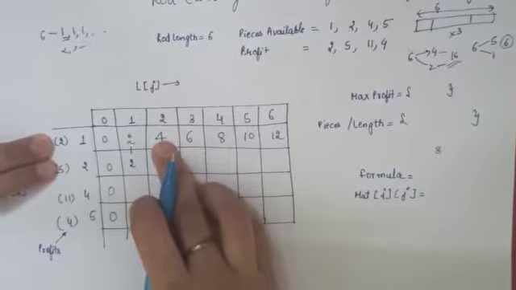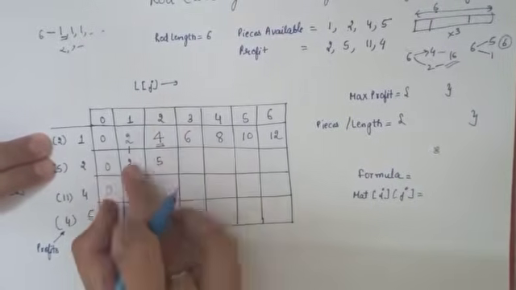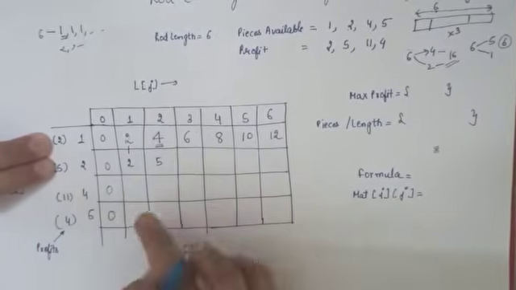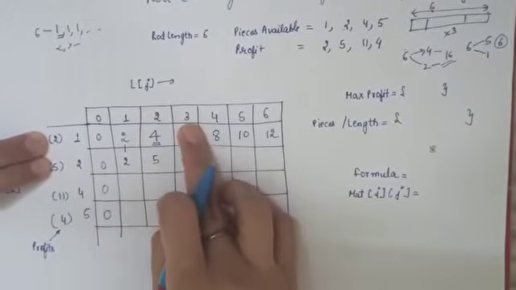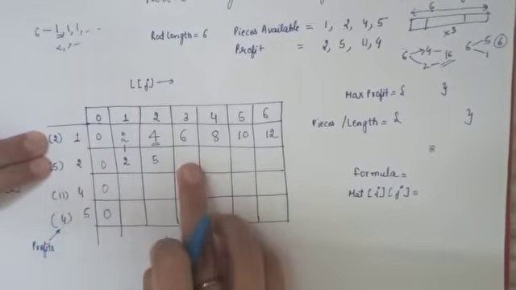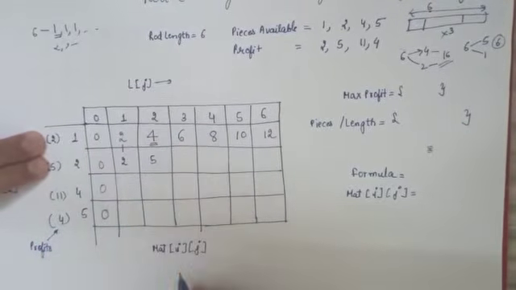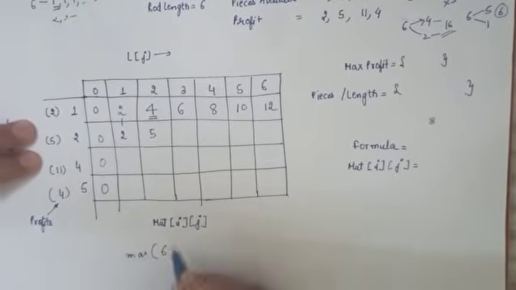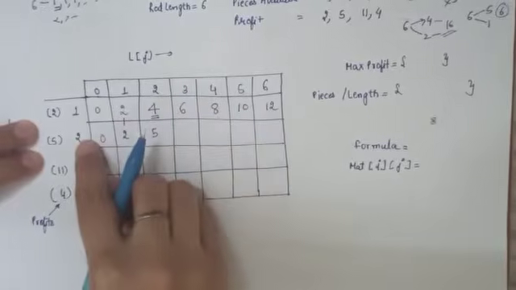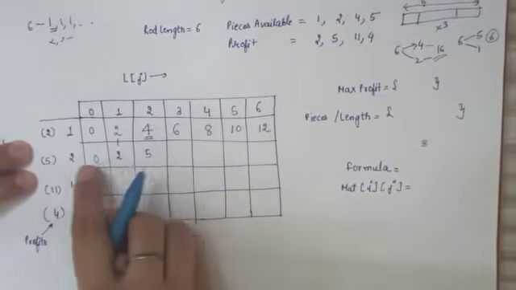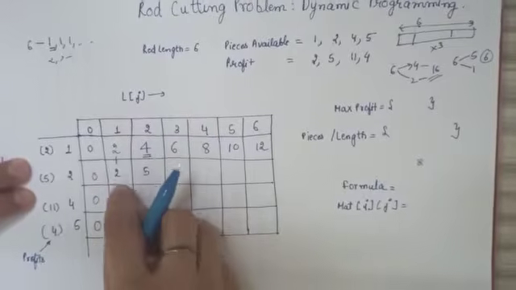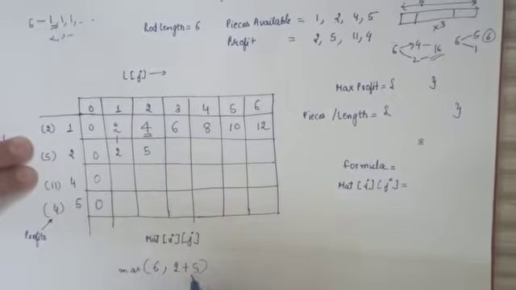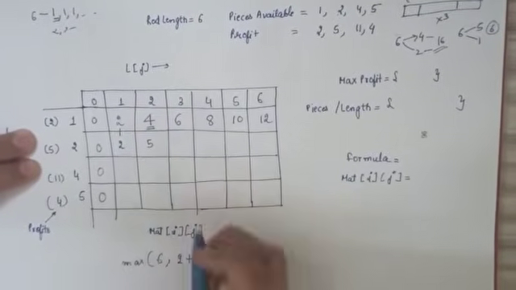If you have to include it, subtract these two values, and whatever value is in this row, plus the profit, you have to take. Like the way we will do for 3. Rod of length 3, pieces available 1 and 2. So what we have to do is either take this 6. Maximum of 6, comma, 3 minus 2, which is 1. So what is the value in this row pertaining to 1? That is 2. So 2 plus the profit 5. So total is 7. Maximum of 6, 7 is 7.